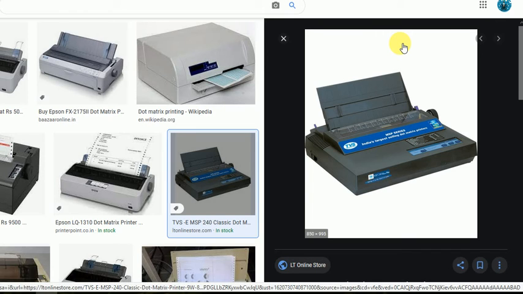Next, letter quality printer prints full characters. This means that the characters are not made up of dots. The most popular printer of this type is the Daisy Wheel printer. In a Daisy Wheel printer, the print head resembles a daisy flower, with its print arms appearing like the petals of the flower.